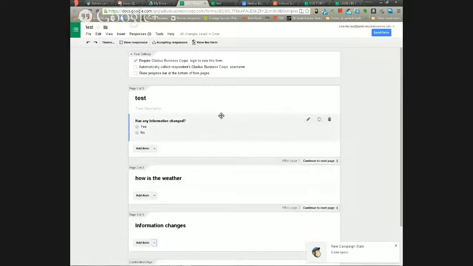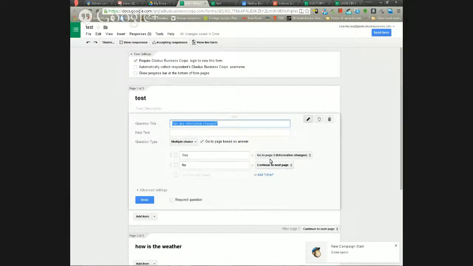So what about one where we do want them to go to a different page? Okay, so you create a different page first, and then you change it to, say, go to page whatever. So you have to create that alternate page first, obviously. If you don't, then you've got to go back in and edit the question, which is the way I did it. Where do you get to change the page again? Go to multiple choice. You create a new page by clicking on